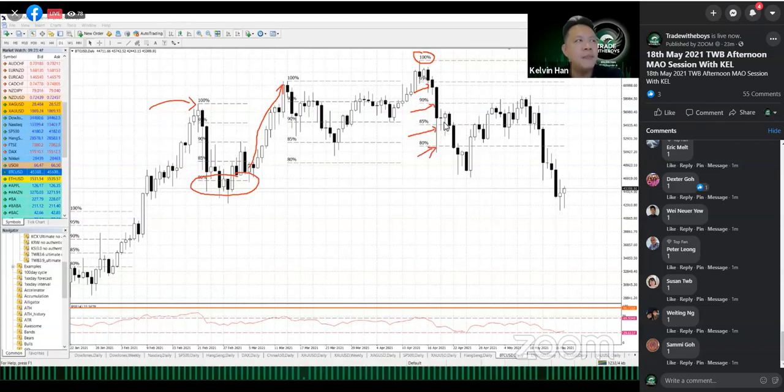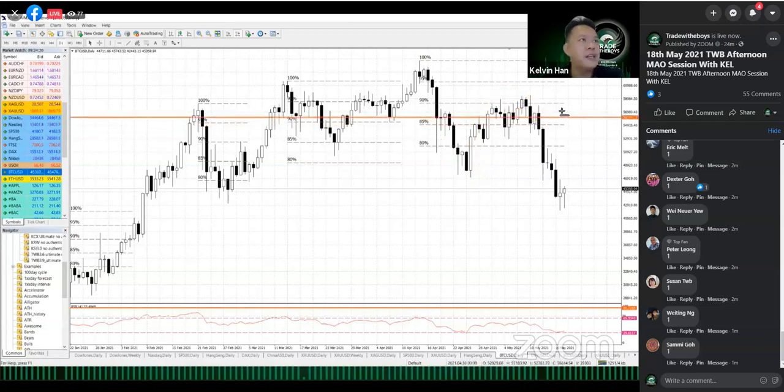Okay. Now the thing is this: it came back down, went below the 80% mark. But when it climbed back above the 80, it started to go back up. But now you can see there's a very strong resistance around here at the 90% mark. So if I put it into perspective, there is a very strong resistance somewhere around here, which is at the 58,200 level. And now where are we? We are now back down again below the 80% mark and even lower. So by theory,